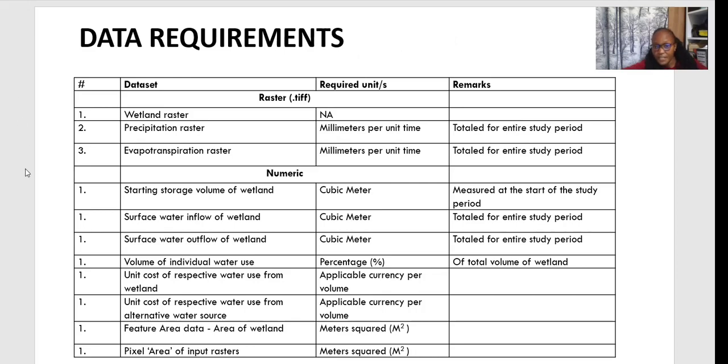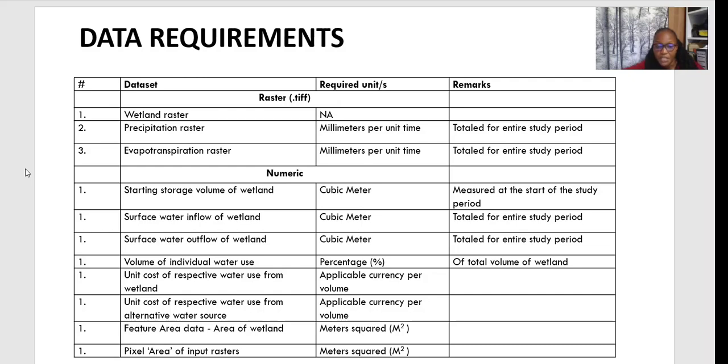So what are the data requirements for this particular model? We have first the wetland raster, and then next would be the precipitation raster in millimeters per unit time. When you look at the guide, you can see possible data sources for such data sets. We have the evapotranspiration raster in millimeters per unit time, totaled for the entire study period, starting storage volume of water in cubic meters measured at the start of the